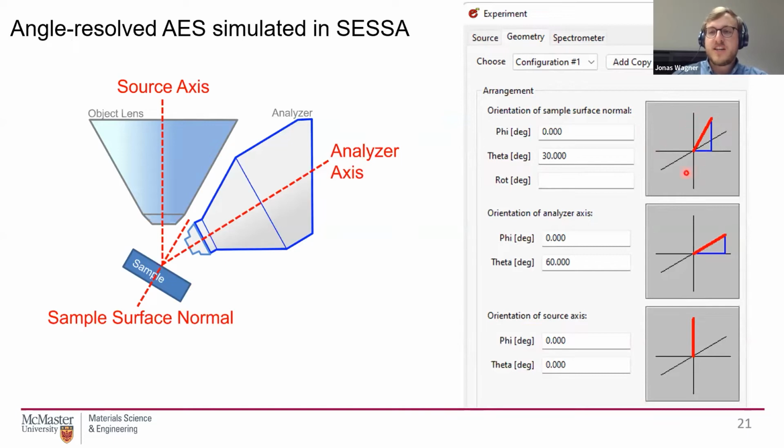Here you have your static reference system, and then you can see first the axis of your surface, like your sample surface normal, that would be that one here, as well as the analyzer axis here and the source axis here. Just keep in mind that while here in the setup you can change all 3 of them, usually the analyzer axis and the source axis are fixed. They're defined by your instrument. Just the surface sample normal, like that angle, is something you can actually change during an acquisition.